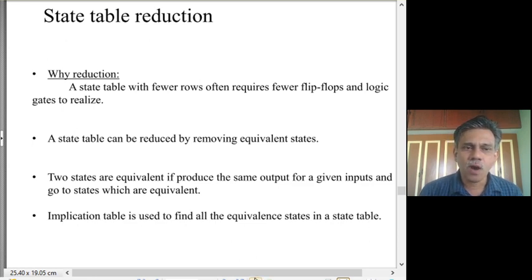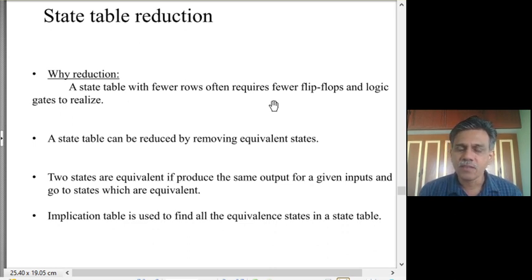What we do is, when do you say a state is necessary and when do you say a state is redundant? If there are 2 states that in a broad sense achieve the same purpose, then you don't need both of them, only one is enough. Or in other words, a little more formally, if there are 2 states which have the same behavior, then only one state is good enough to exhibit that behavior.